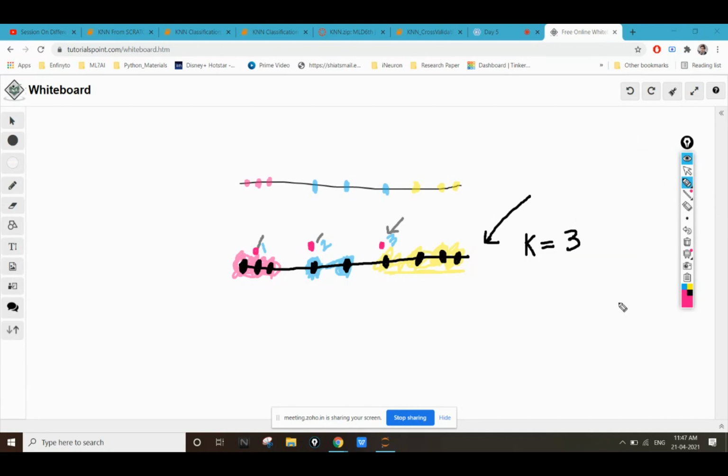Let's see how. Let's just draw points again, and I'm again saying that I have that similar 9 points, and I will again divide these 9 points into three different categories, but this time the random points will be different. The places where I will be taking my random category points will be different.